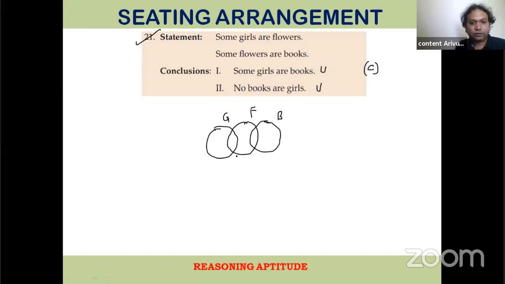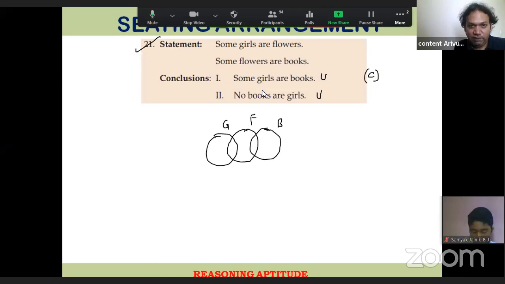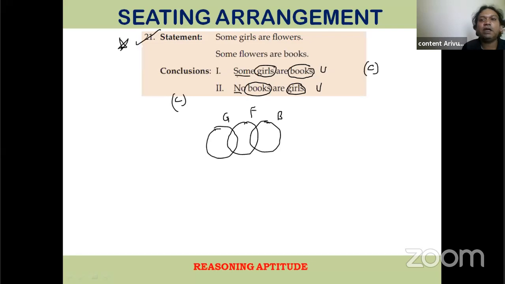We have here two uncertain statements, but we have a some-no combination with the same subject and object. Girls, books, books, girls. The order can be different, but the subject and object must be same. So answer has to be C. This question I asked you last time also to star mark and keep in mind, so that if you get this particular question type in the examination, you are able to very clearly tell what is the answer for this question. Okay. So question number 21 we have discussed.